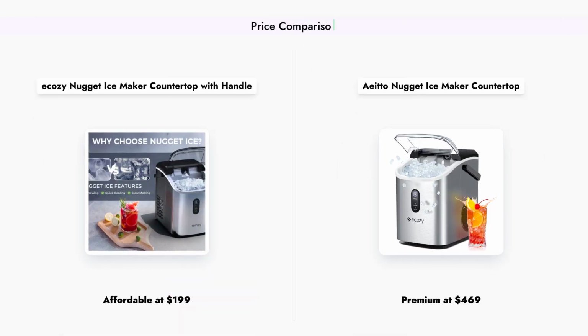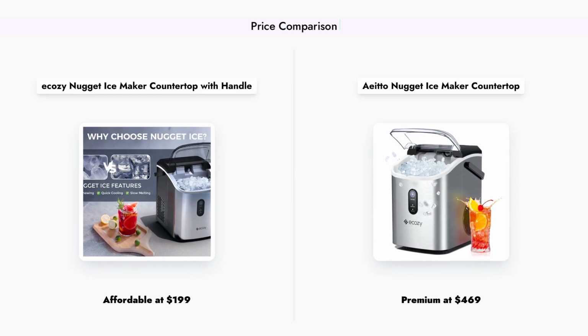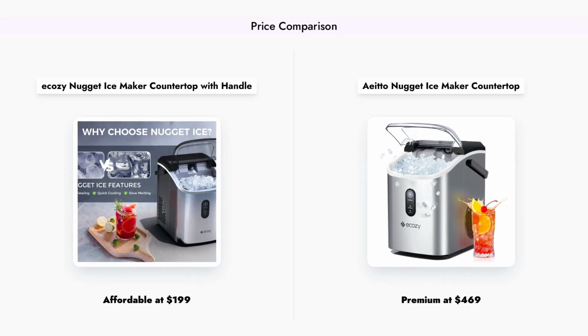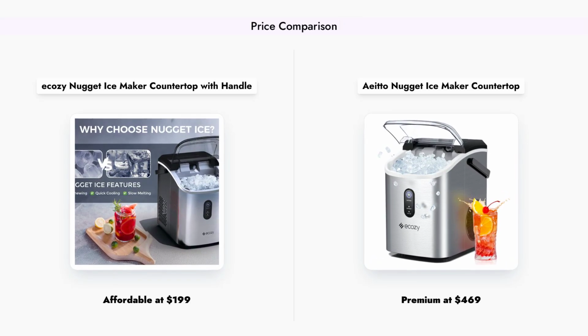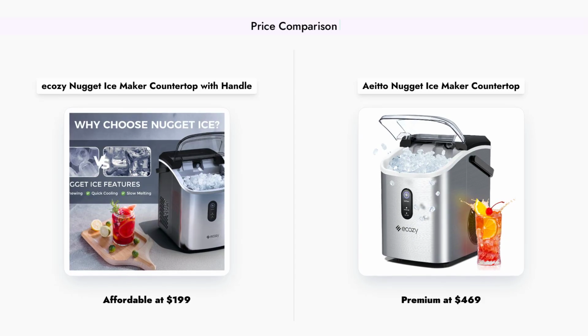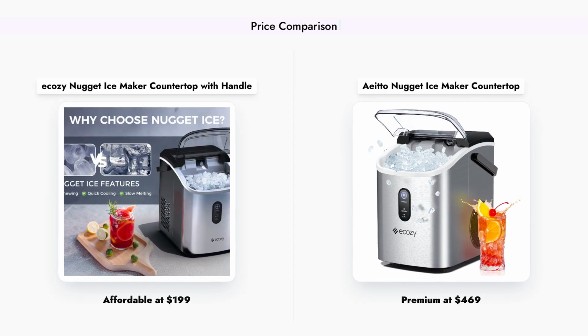When it comes to price, the Ecozy Nugget Ice Maker stands out as a budget-friendly option at just $199. In contrast, the Aeitto Nugget Ice Maker is priced at $469, making it a premium choice. While the Ecozy offers great value for those on a budget, the Aeitto justifies its higher price with advanced features